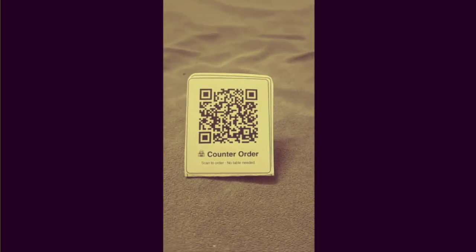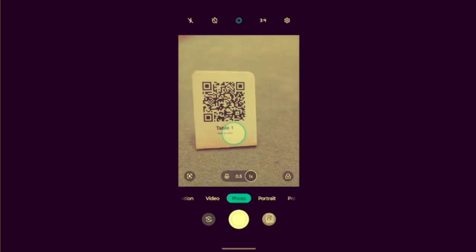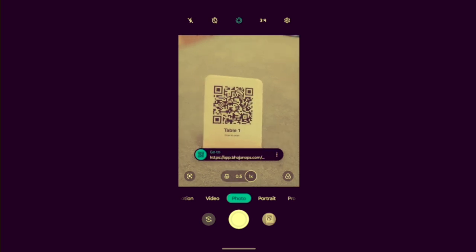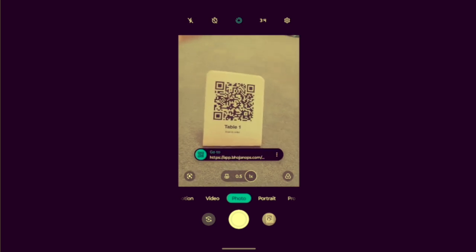Let's see the customer's journey by accessing the menu via QR code. A simple scan opens the digital menu instantly on their phone. To kick off the customer's ordering journey, simply point your phone's camera at the table QR code and tap the link that pops up. In just a moment, the ordering interface loads up, greeting your customer with a welcome screen tied to their specific table.